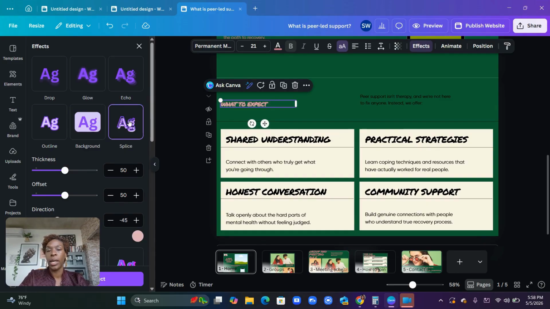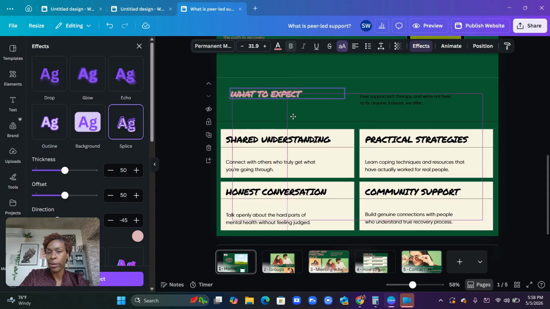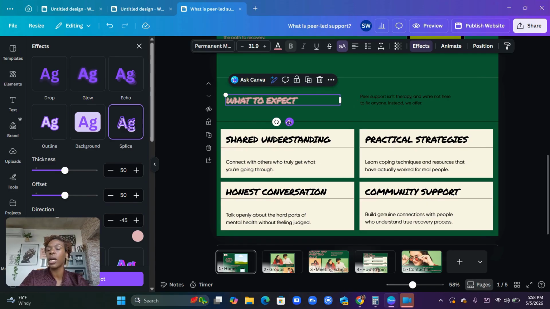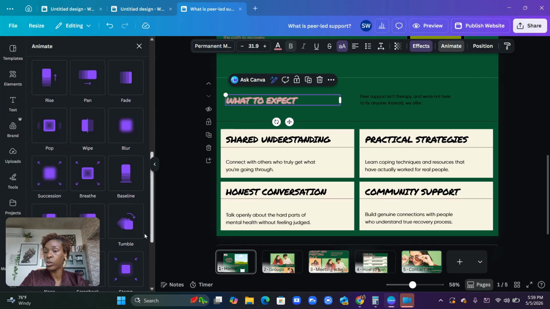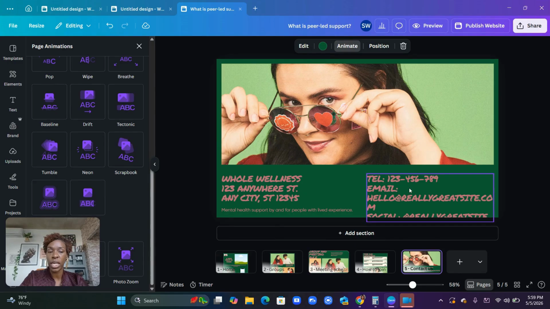or adding some fancy graphics, right? Or making the words look more unique. There's so many options that you can do here. If you animated it, that means it's going to drop in like this. So you can get as fancy as you want as it relates to how you want your website to look. But if we're just talking basic website, the goal is to make sure that everything across the